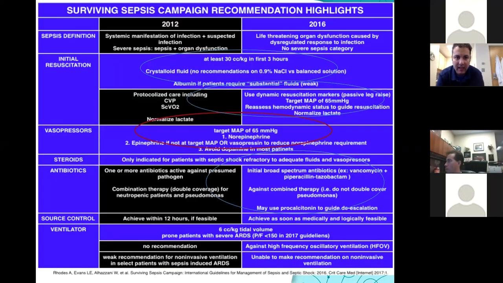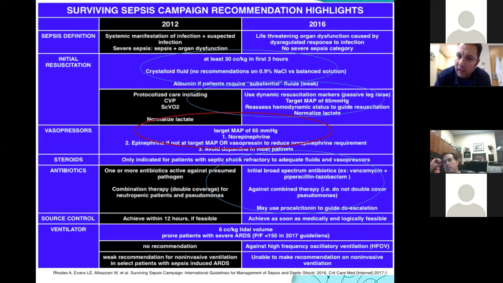And I put this slide on just for a little bit of reviewing adult and seeing the difference between adult and pediatrics. I'm not going to go deep into every single detail of the campaign because it's a long, nicely written guideline. But I want to talk about 3 points here. One of them is initial resuscitation. What we do for adults is at least 30 ml per kilo. So adult guidelines decided, even at 12 and 16, we give a bolus of 30 ml per kilo.